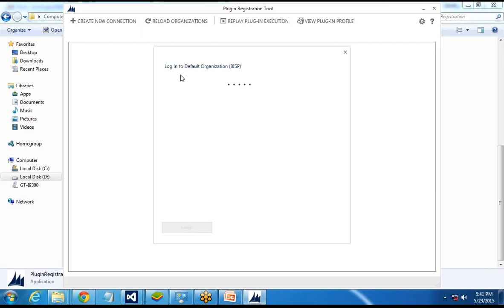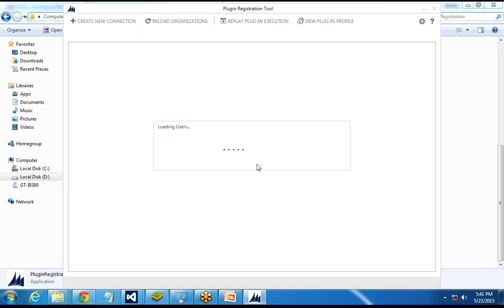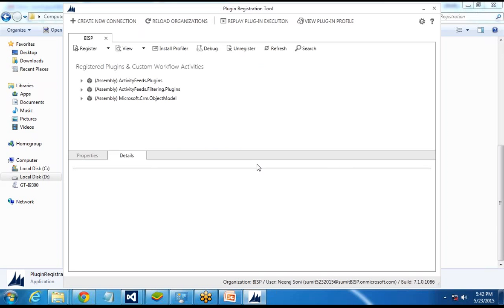You can see it's logging into my CRM application, and once it is logged in, it will load the services and the pre-existing libraries. These are the assembly services which are already predefined in my application.